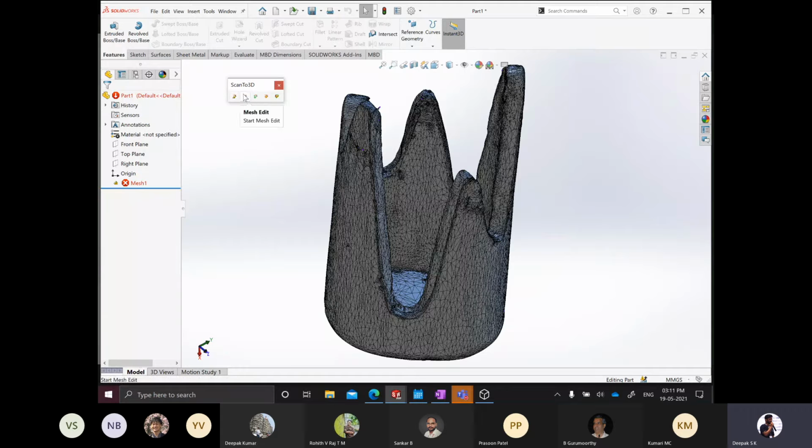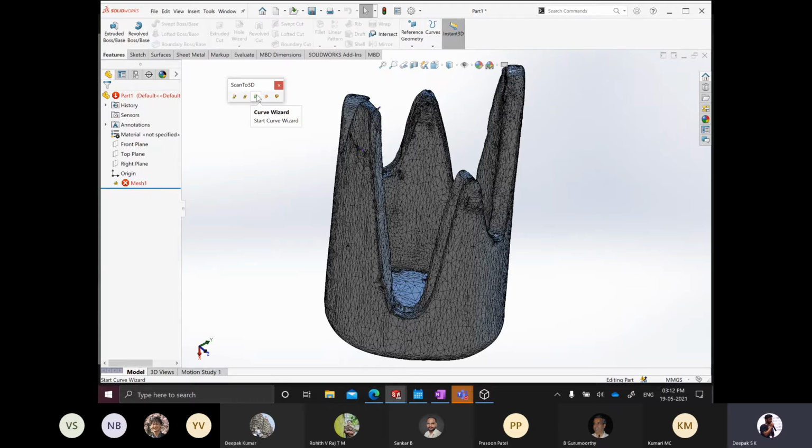Once you have prepared a mesh, this is just a visualization mesh, and what you are actually trying to do is refine this mesh in the first step. In the second step, if there are any other refinements like offsetting it, deleting some points, or moving some points particular to a local frame of reference, you do it here. The third one is the curvature wizard, with which you can slice up the model into different planes, manually draw curves, and then join them together.